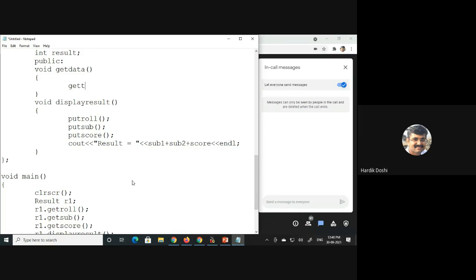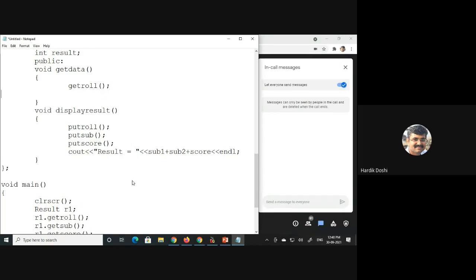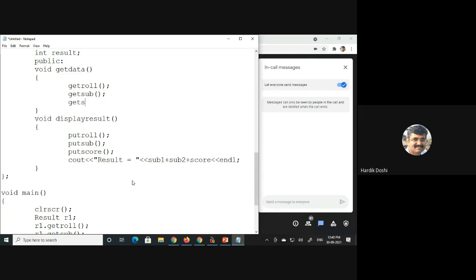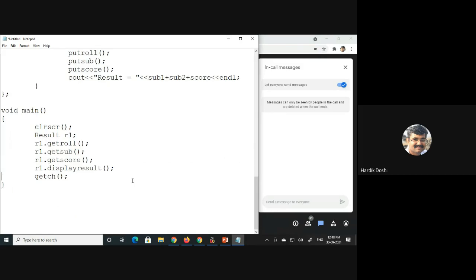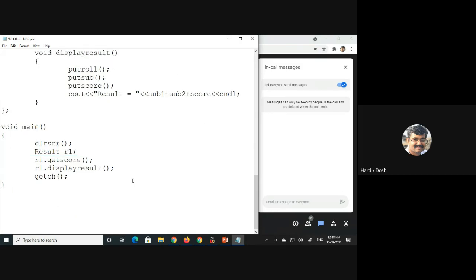Get roll, get sub, and get score. That's it. So this is actually the ideal way. Instead of calling all three separately, I'll be writing get data. See, my void main size is reduced. My main logic went into the class. Just one entry point I had given.